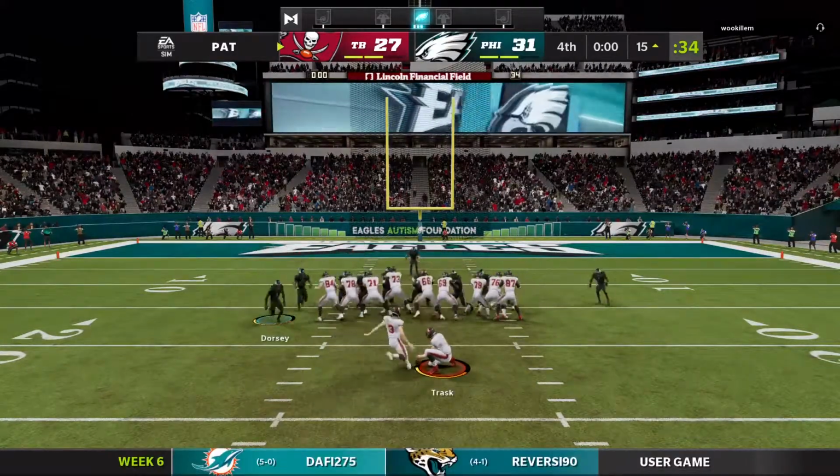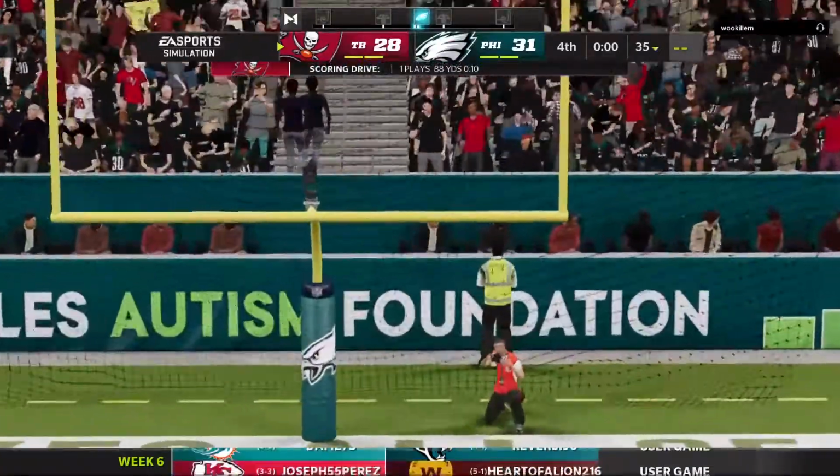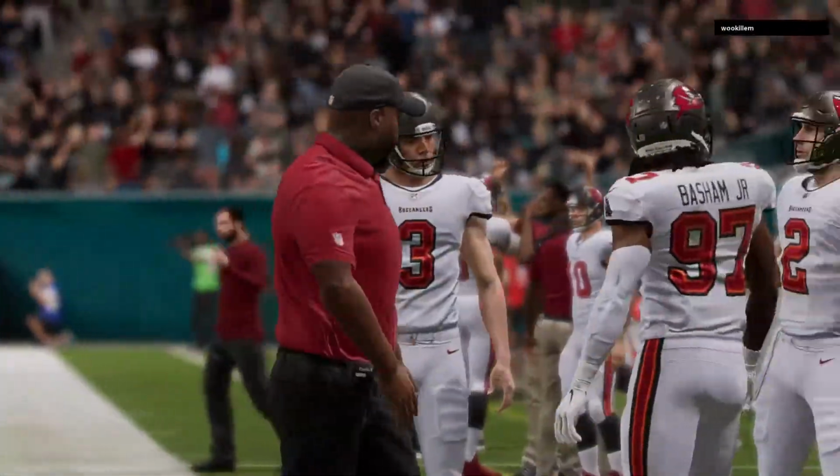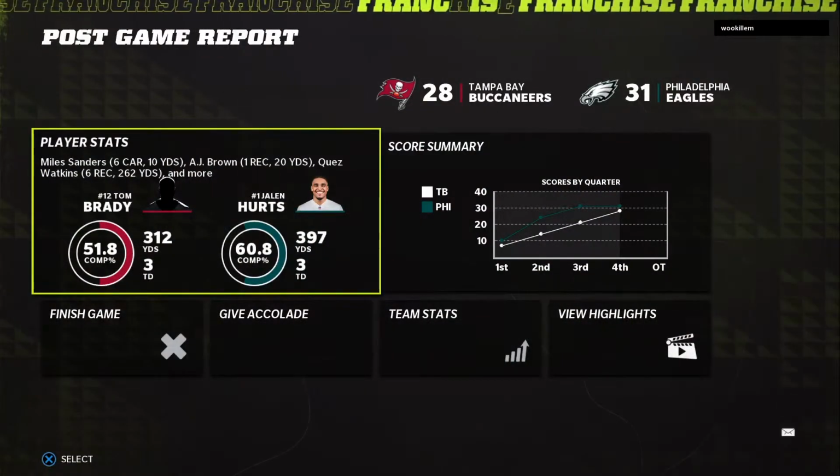I would agree with that, and we're programmed never to say never. But in this case, we're asking a lot for them to even think they have a chance. Extra point up and good by Succa, and the lead is down to a field goal. Well, on the one side, if you try to take away something positive,